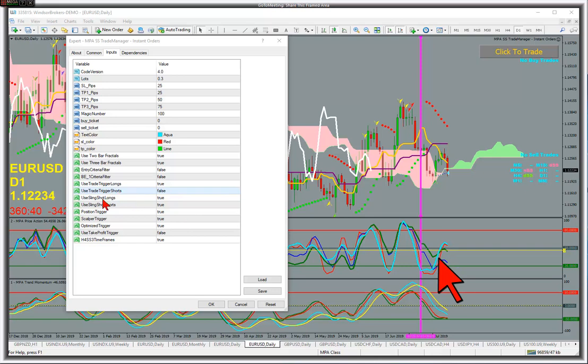So what else do we have? Well, what about a slingshot long? Again, I just said no because it's likely to fail. I'm going to say false. And what about a slingshot short? We're already moving lower, so I'm not interested in a slingshot short until we finish the cycle. So now I basically have the trade management system set,